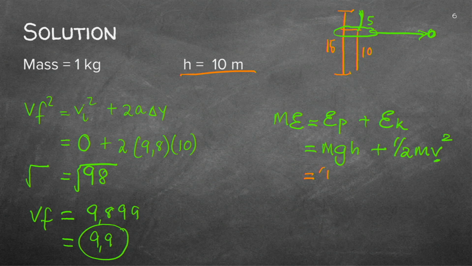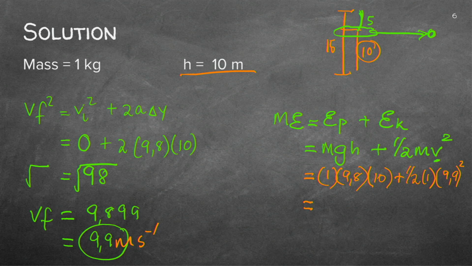It is a 1 kilogram mass. It's got 9.8 acceleration and it's at a height of, be careful, 10. The kinetic energy is again the 1 kilogram mass, and I now have my new velocity that I calculated, and I'm remembering to put the square. Otherwise, you are going to get a different answer. This value here is 98. That calculated to be 49. And if you add that together, you get 147 joule.